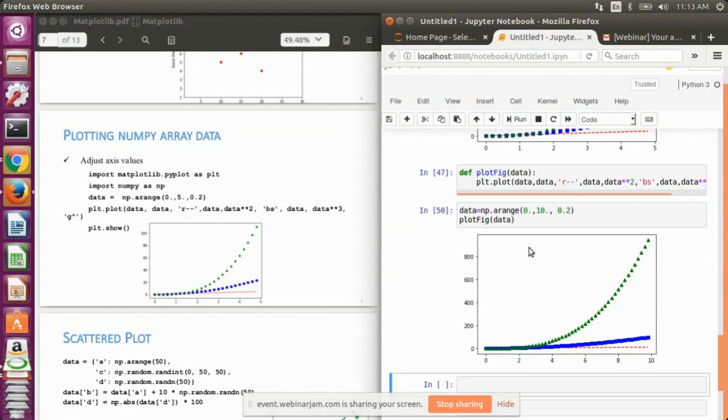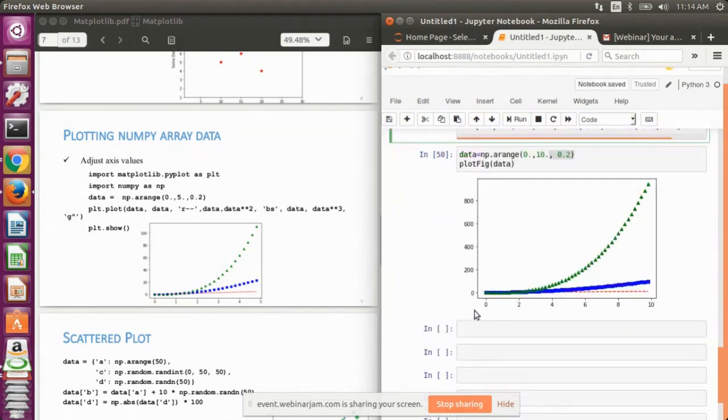The usability of defining a function is that we can use the same function definition again and again repeatedly without redefining it.